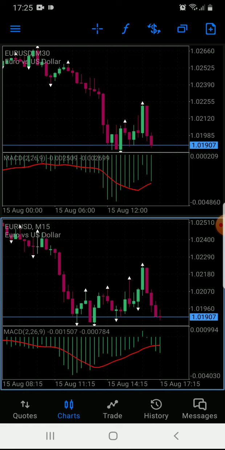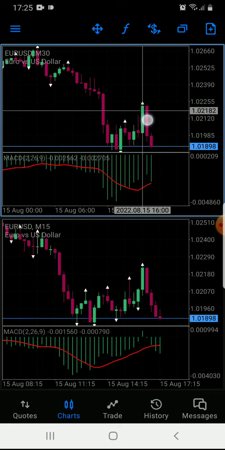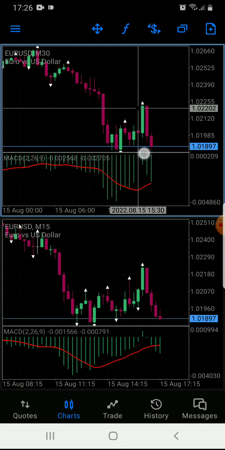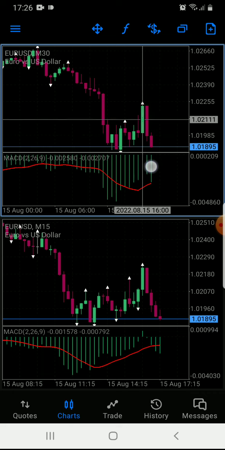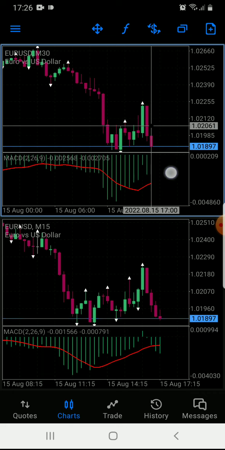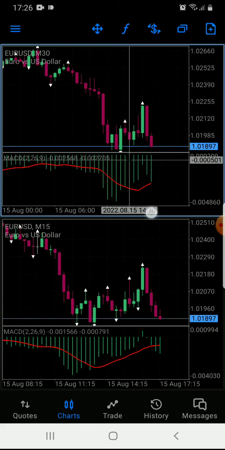Likewise, you can see the fractal. Once the fractal indicates on this bar here, at that point it really indicated a very good downtrend, and that's why you see these couple of bars, the following bars, they are actually bearish bars. So that's the trend that we are actually making profits in. The same applies to